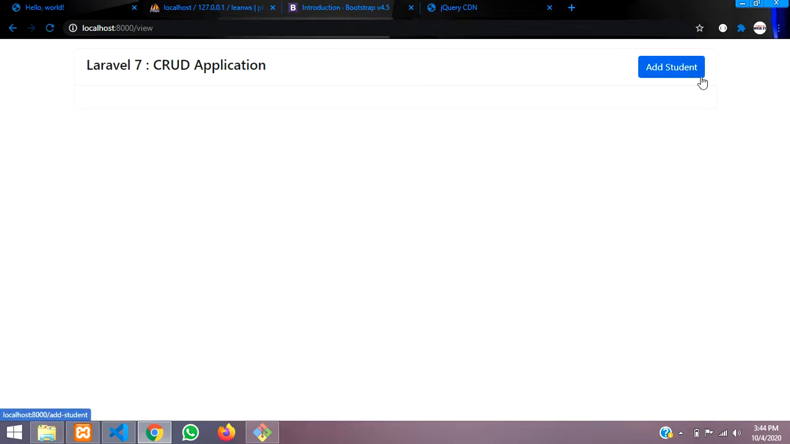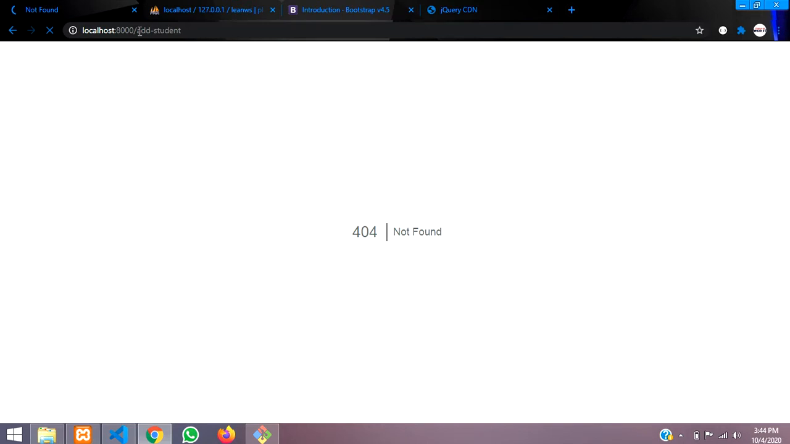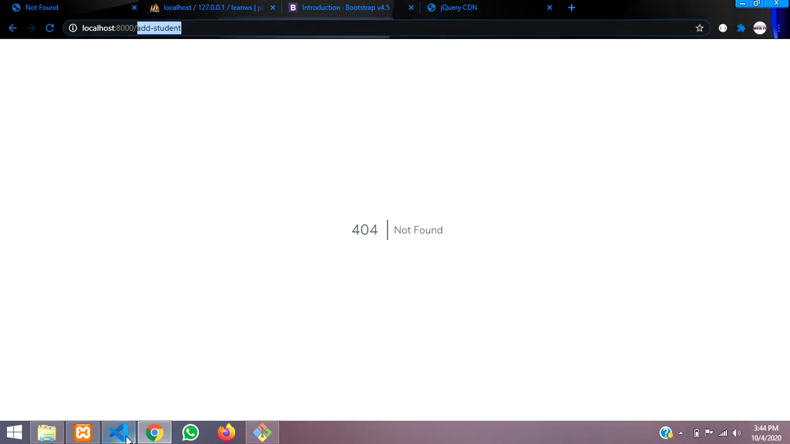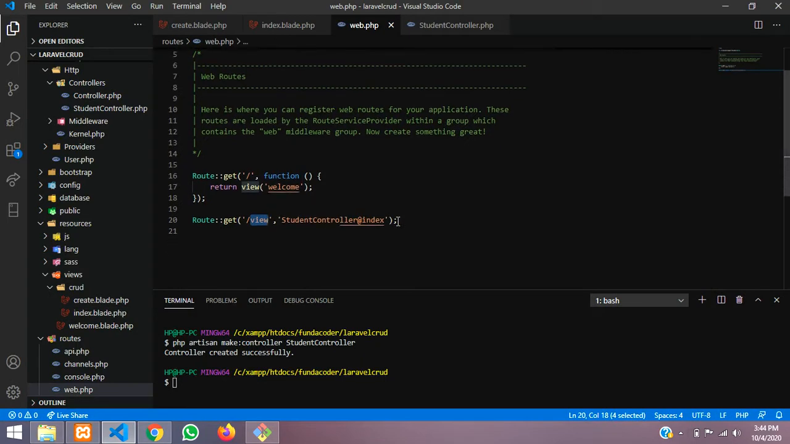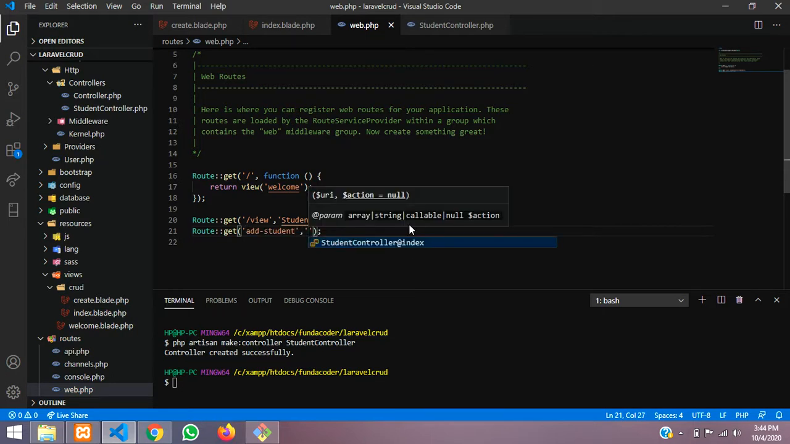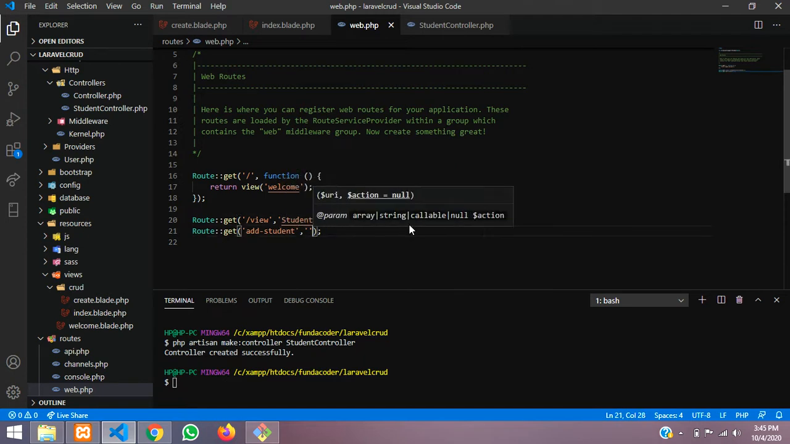Okay, so cool, it's coming over here. When you click on add, you can see the URL changes over here: add student. So let's copy this route and go back to our web.php, and then let's create one more route called get over there, paste your route, and call the student controller. Let's paste that same controller and we will tell this as store,